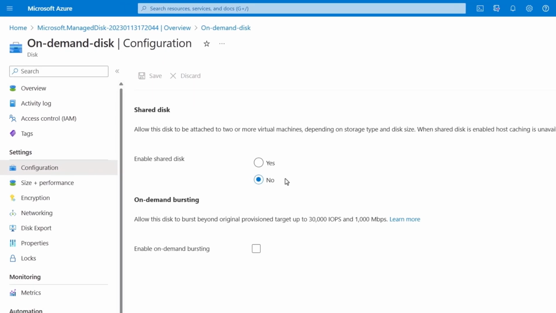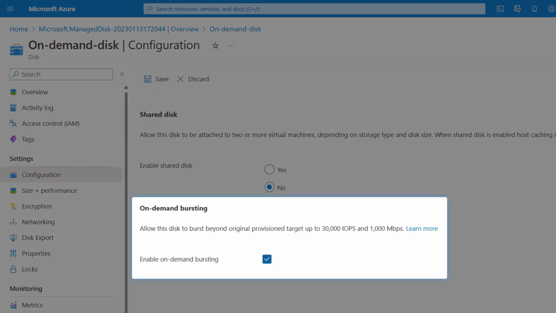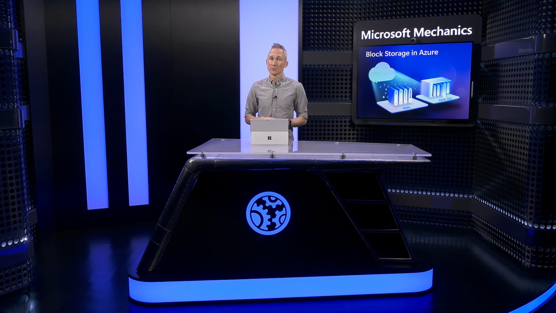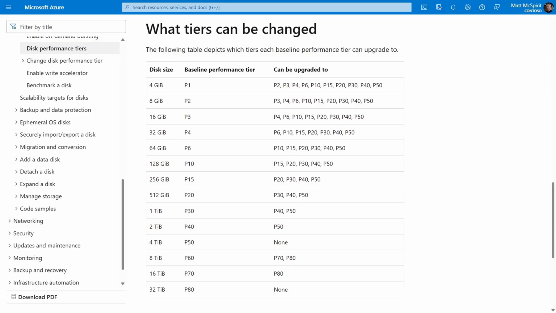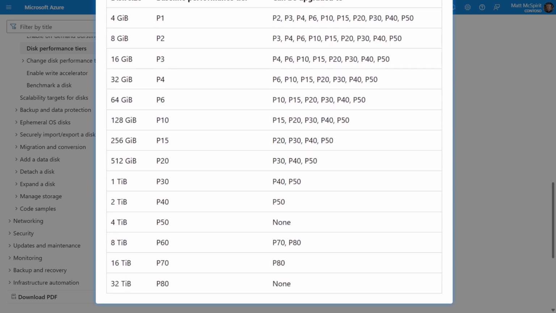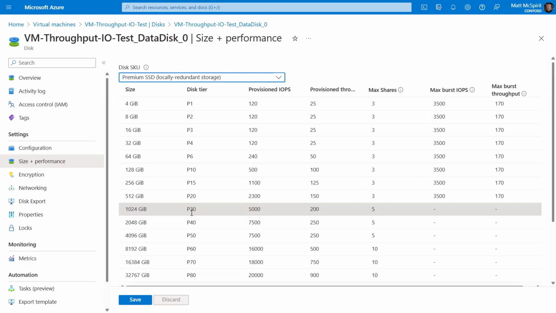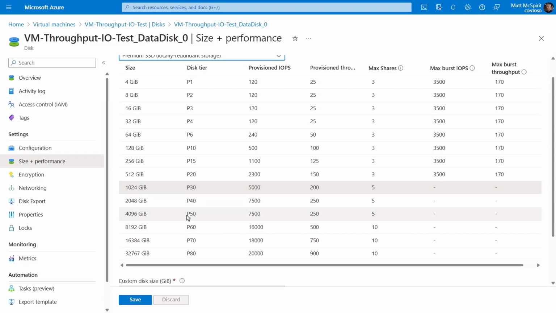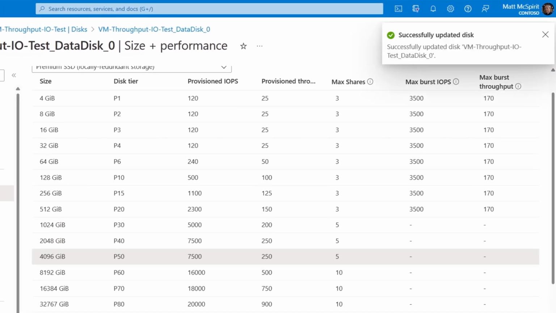Next, if you need more than 30 minutes and have more than 512 gigabytes in capacity provisioned, you can enable on-demand disk bursting, which allows you to pay for burst performance when you need it for infrequent or unpredictable traffic spikes. Alternatively, you can also take advantage of performance tiers for planned performance scaling where you need sustained higher performance for a few hours or days, like a Black Friday event. Additionally, as your data needs expand, you can also resize to larger disk capacity dynamically without downtime.